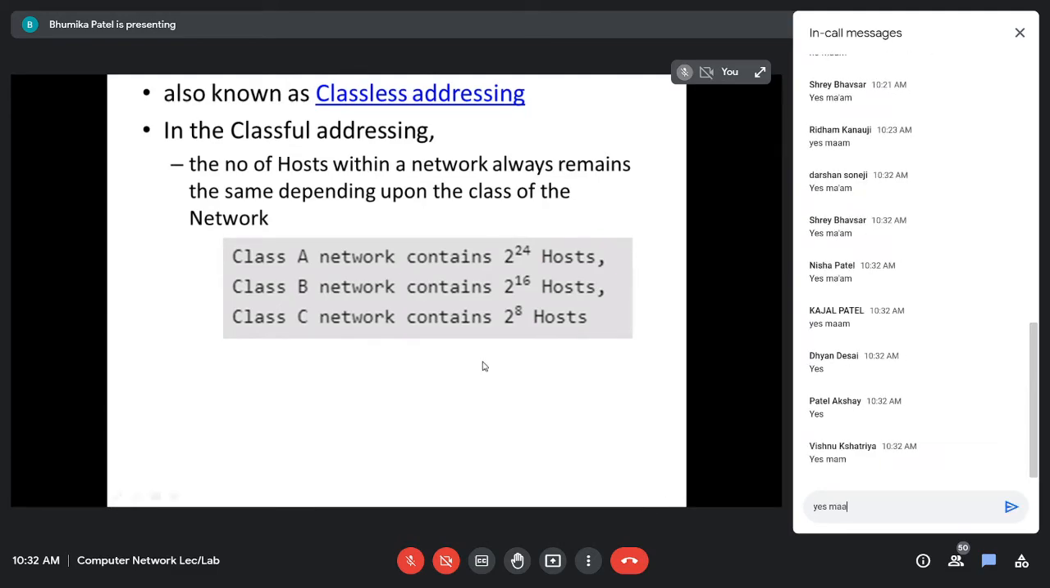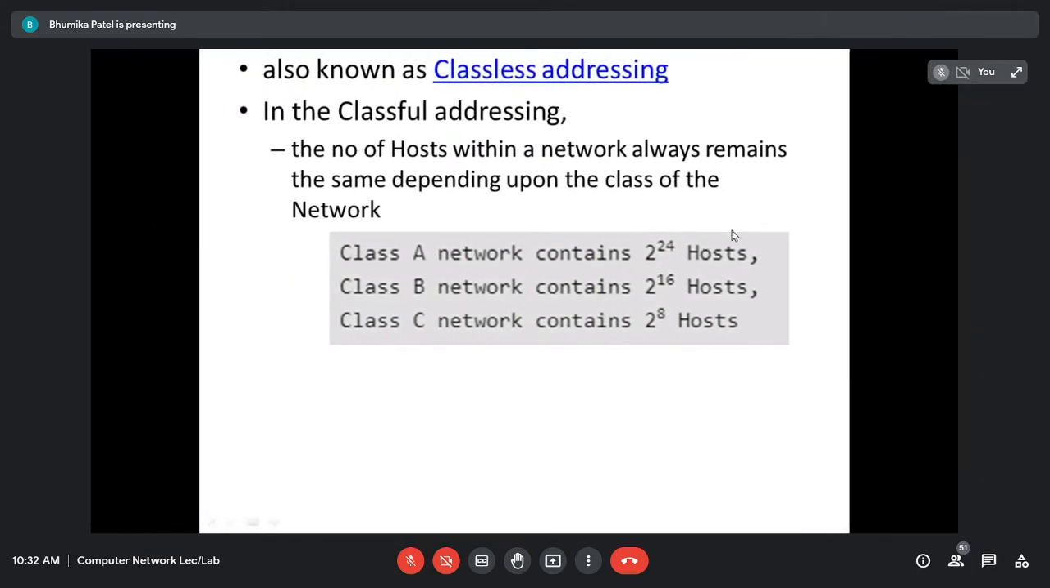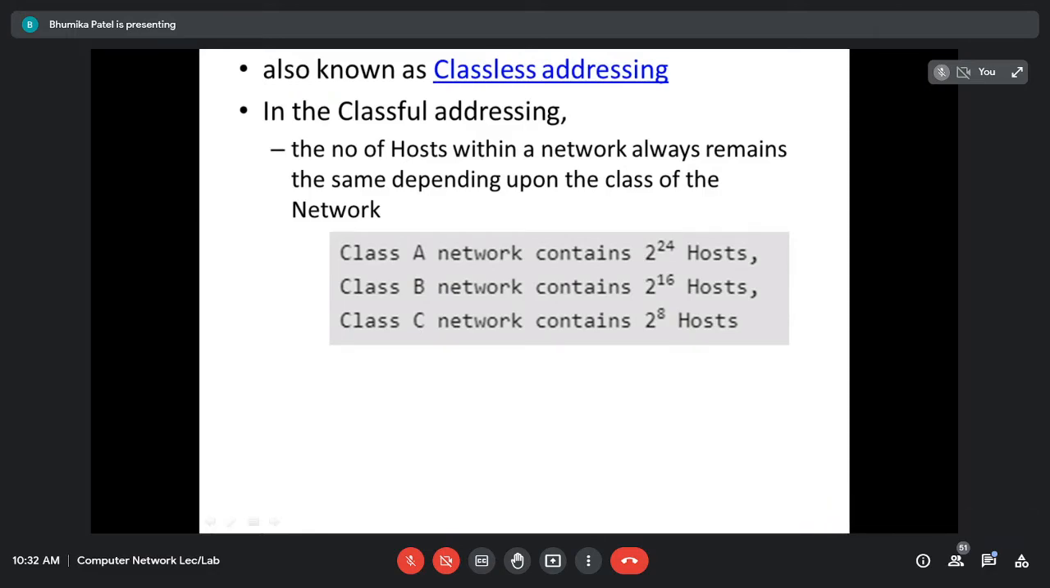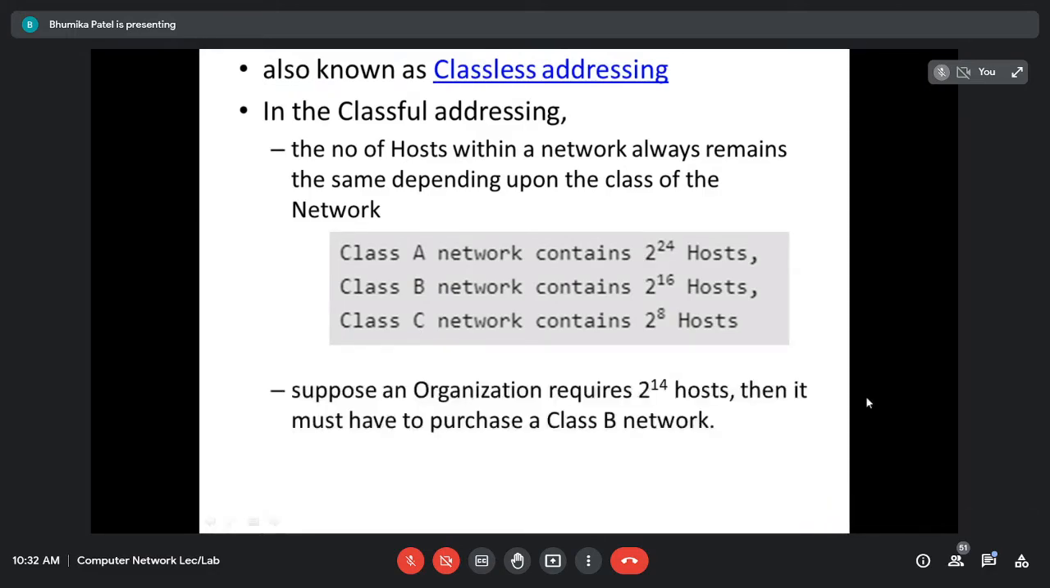Right, so here, in classful addressing, we have the network like this. Class A has 2 raised to 24 hosts per network, class B has 2 raised to 16 hosts, and class C has 2 raised to 8 hosts per network. Now suppose I want to set up an organization and I require only 100 IP addresses. Then what will happen? If I consider 2 raised to 16, that is class B, then some of the IP addresses